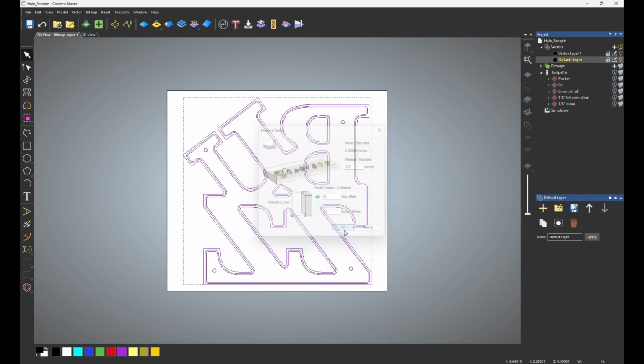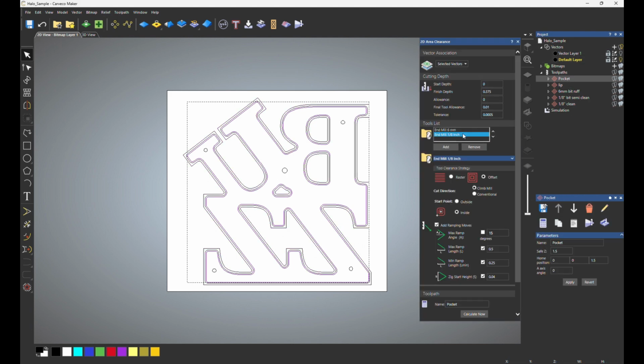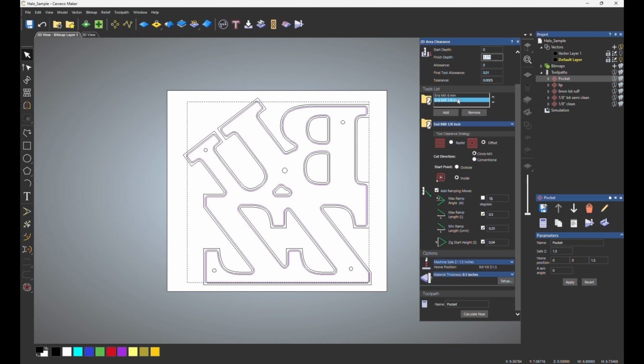Hit OK. First things are going to be the pockets. I'm using 2 different size bits. For the whole job, I'll be using 6mm and a 1/8 inch, which is a 3.175 millimeter bit. The depth of the pocket will be 0.375. I set it up so that there's a final tool allowance of 0.1 for the 1/8 inch bit to clear up. And I set up ramps